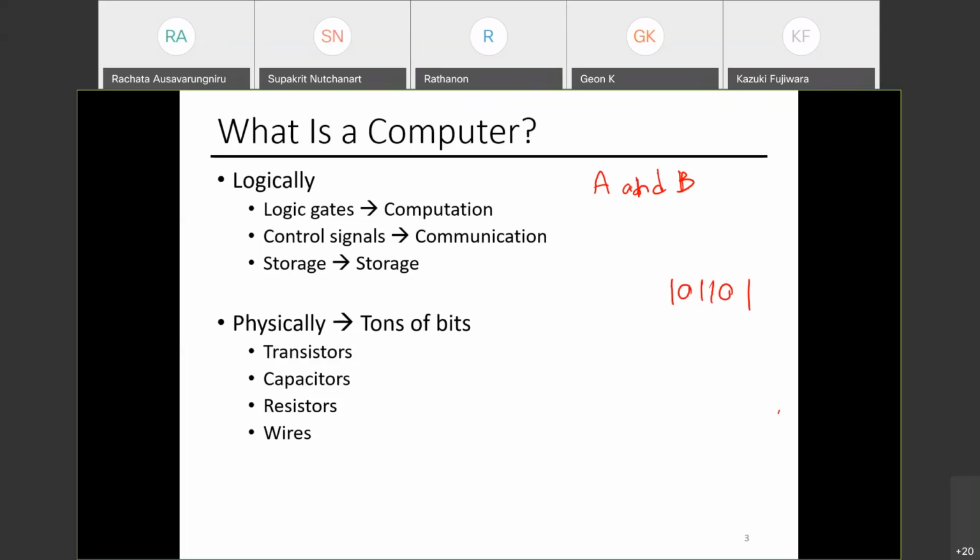What do I need to do? Get rid of all the electrons. Make it low voltage, right? Electrons have a voltage value tied to them. The more electrons, the higher voltage it has. So a low voltage, which means that there are no electrons here, will be a zero. A high voltage will be a one.